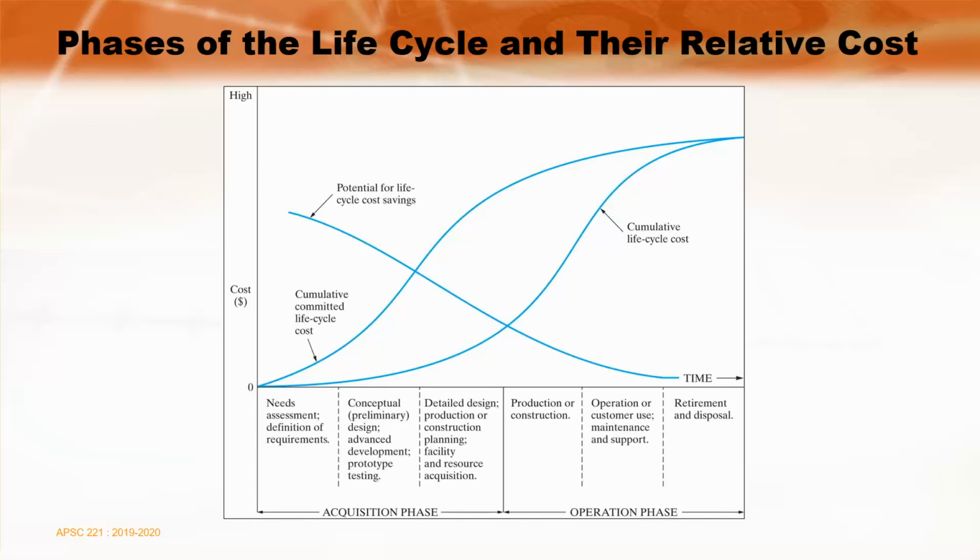At the beginning, based on our design choices, we have many different choices we can make. Again, you could make something out of steel, aluminum, plastic, carbon fiber, titanium, whatever the material choices. A lot of those have potential lifelong cost savings, depending on how they're recycled, what they can be used for, and whether they are a one-time use, all of those things. So certainly at the beginning of the project, as we're coming up with our design and making choices, there's a great deal of potential for cost savings.